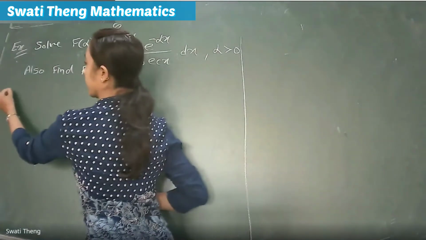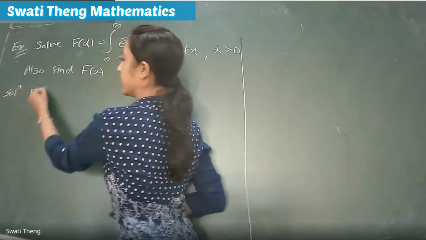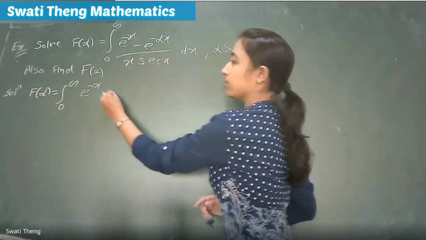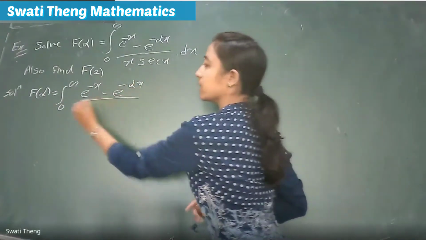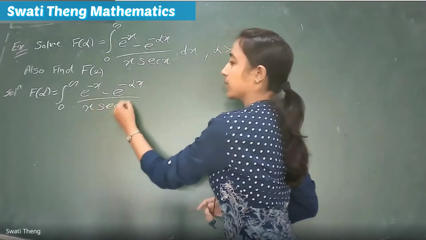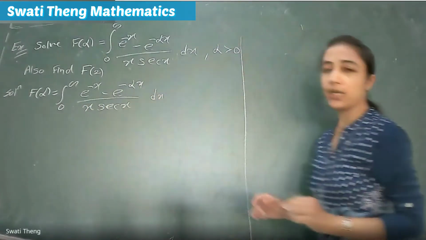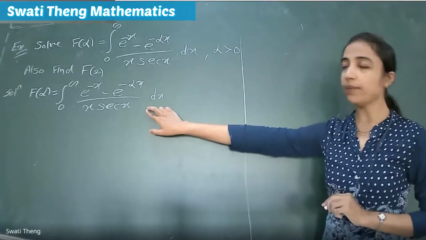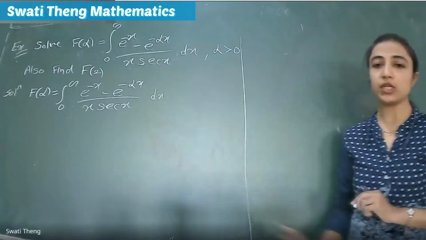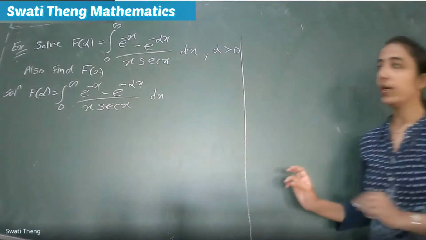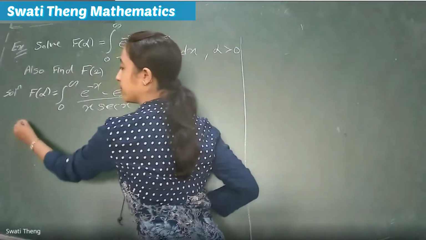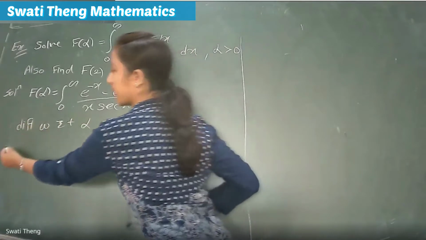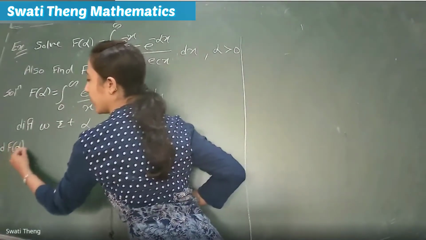Here our given f of alpha is equal to the integral from 0 to infinity of (e raised to the power minus x minus e raised to the power minus alpha x) divided by x sec x. And differentiation under the integral sign says that if the integration is a function of alpha, that means this term is differentiable with respect to alpha. So if we differentiate with respect to alpha,